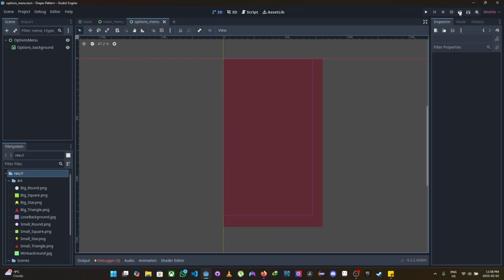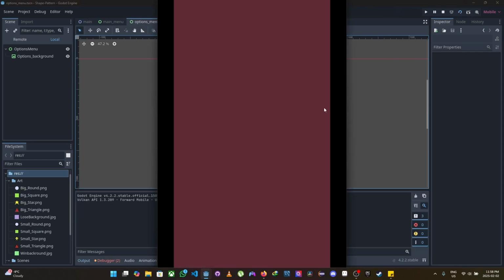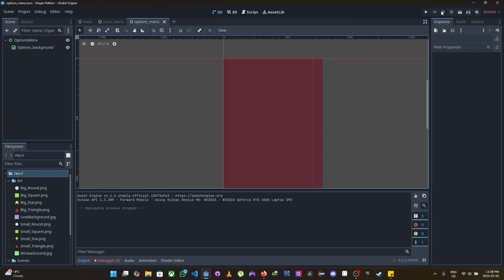Now let's play it. It doesn't actually go out of bounds here, it doesn't affect anything because of these black bars, which we are going to fix later on, because we don't want these black bars when we eventually play it on a mobile phone. All right,